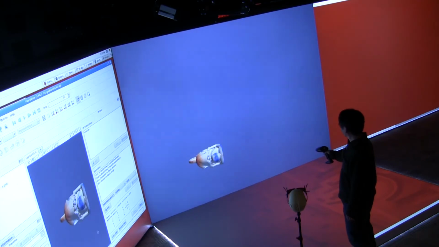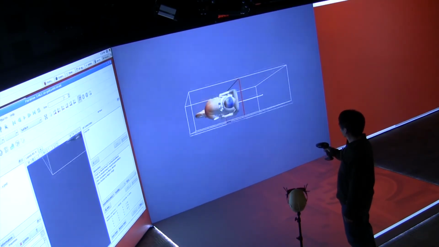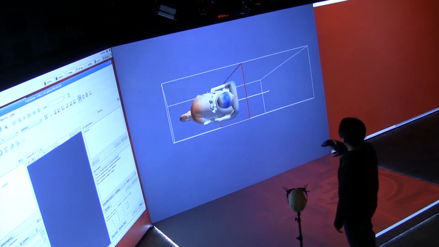Okay, so let's see. So again, here's a bike, and what Simon is doing is he's using